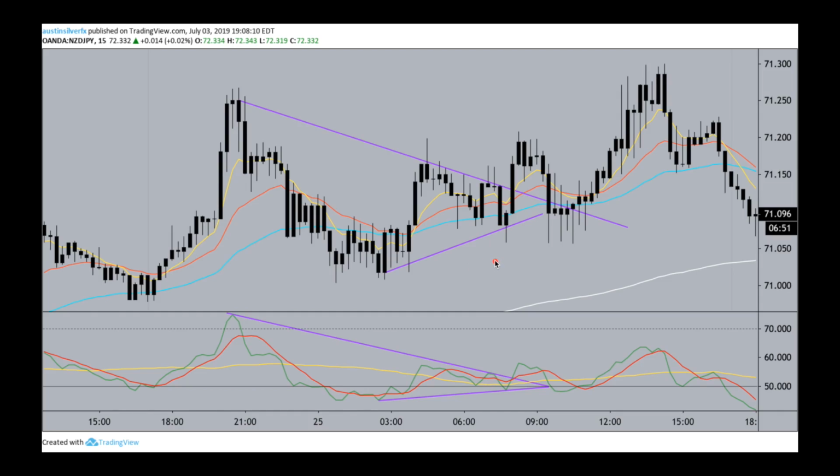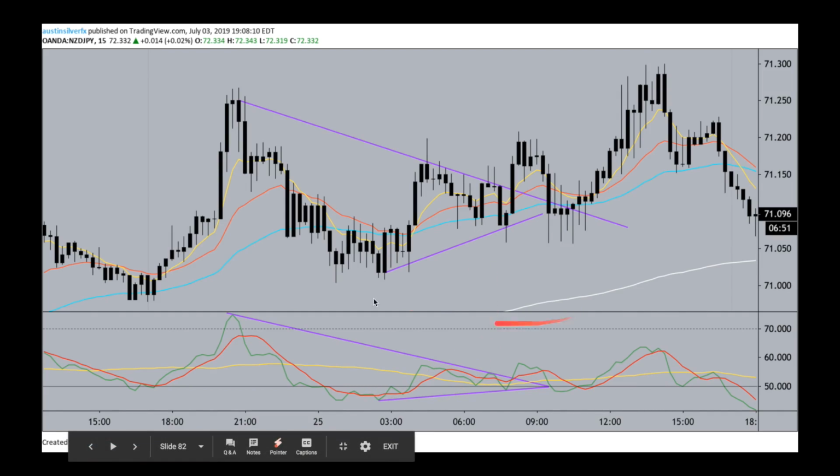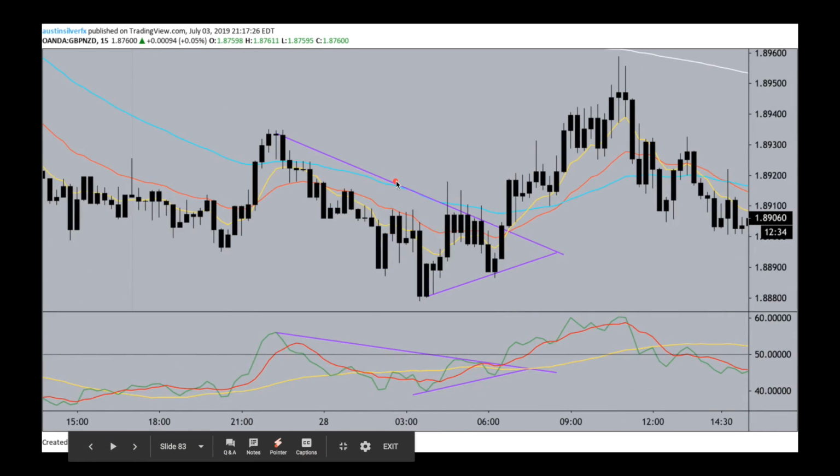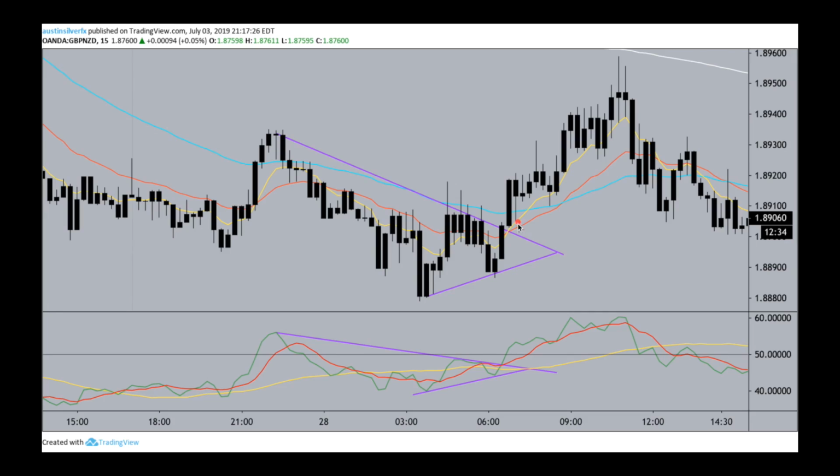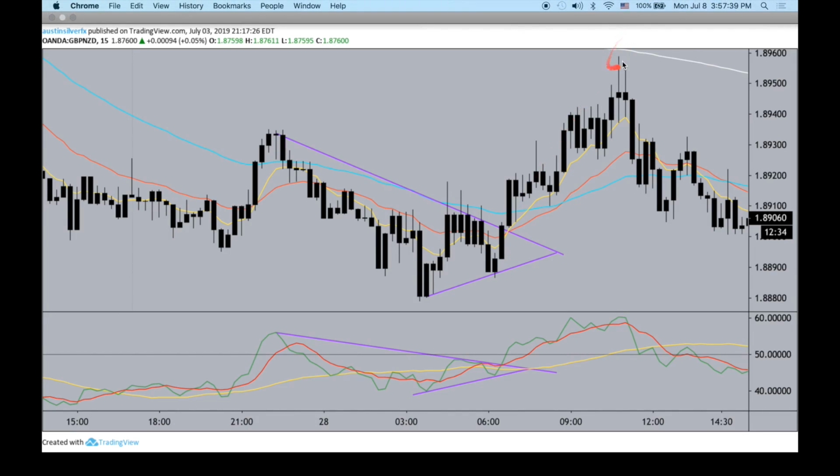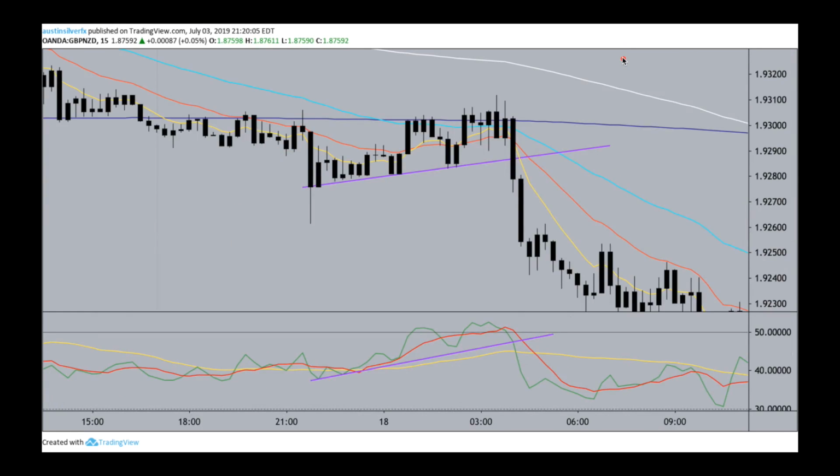So again, it's not rocket science. You start on the TDI, you match those points on price action, and you're going to get solid formations like this. Look at the RSI moving higher here, price action moving lower. Here, RSI is higher, price action is lower. It looks great. And what happens? It breaks out to the upside, breaks through the 50, and it moves higher all the way to the 200. It's a clean breakout there off the triangle.